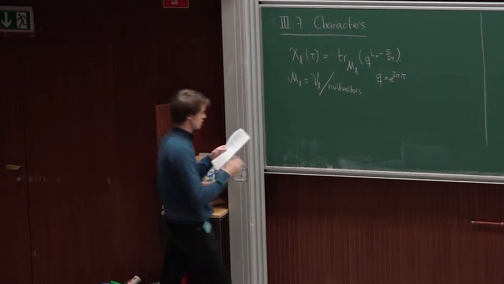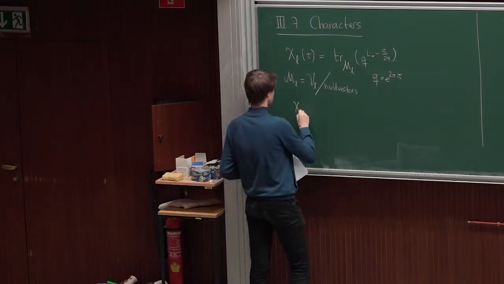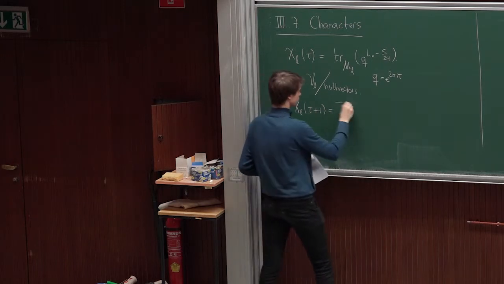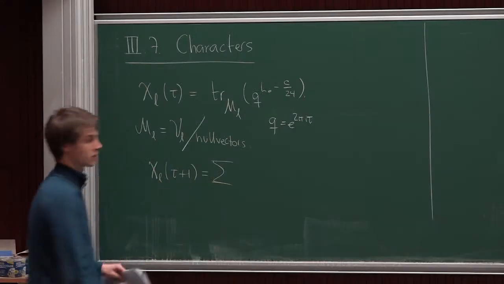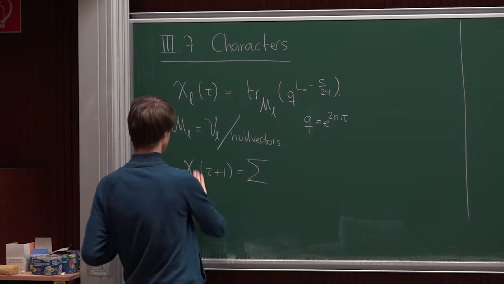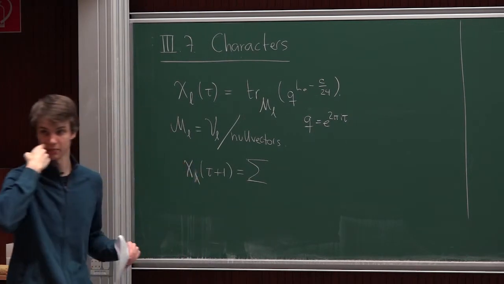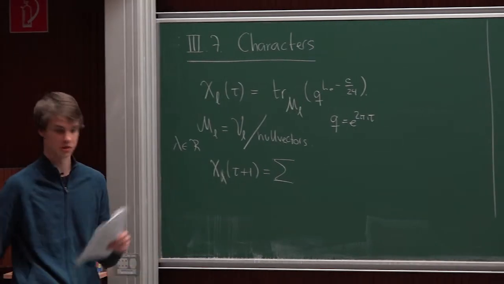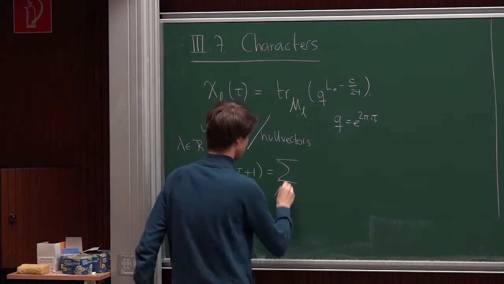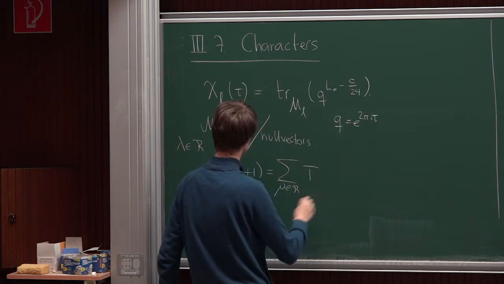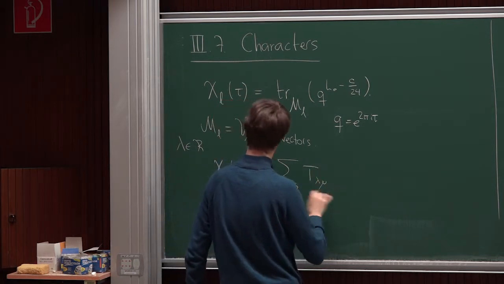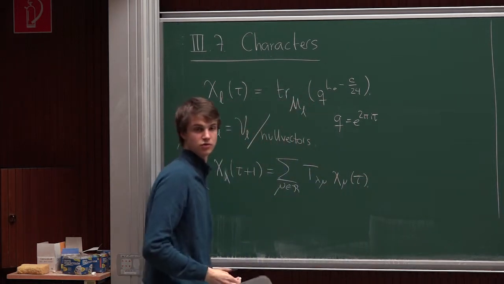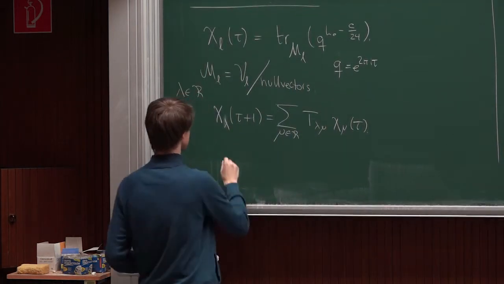Maybe recall that there were these nice conformal transformations. So maybe I do it more generally, and put any lambda. Now lambda is again general. It's in this set of allowed representations, which I called R. Then there was the modular T matrix, which told me how it transforms, like so. So they transform covariantly under this T and S transformation.